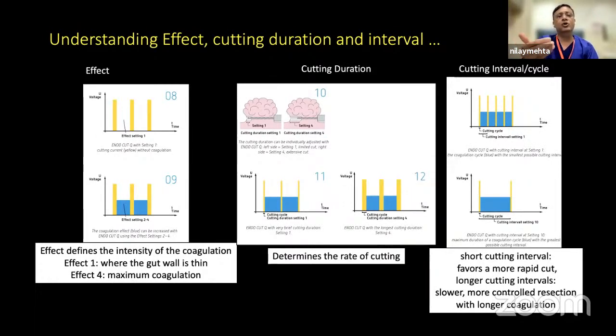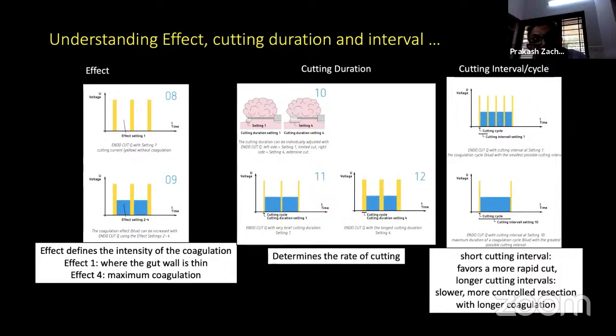Like when we do say polypectomy, we use effect 2, probably duration 3, but cutting, or duration 2, but cutting. Interval has to be 5 or 6, so that you have more coagulation for longer time, and therefore they don't have bleeding during polypectomy. Yes, Prakash, you were saying something. Yeah, that's it. So when the effect comes down, there is almost practically nil coagulation. So effect 1, it's purely a cut sort of